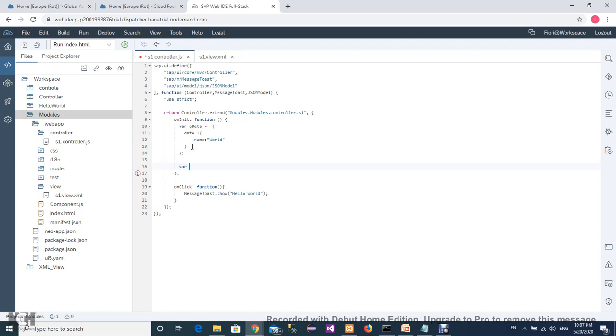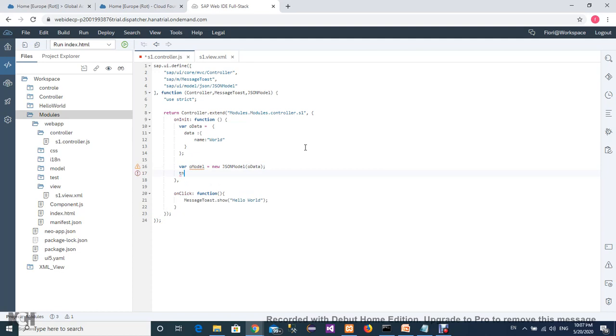Now var oModel equal to new JSONModel. Now load that oData into our model.